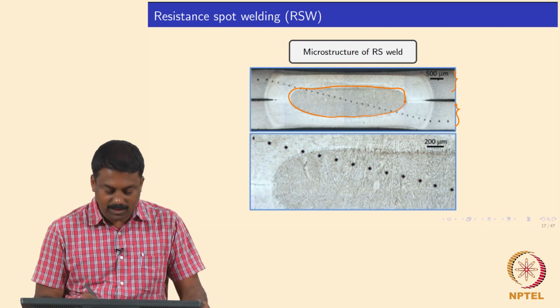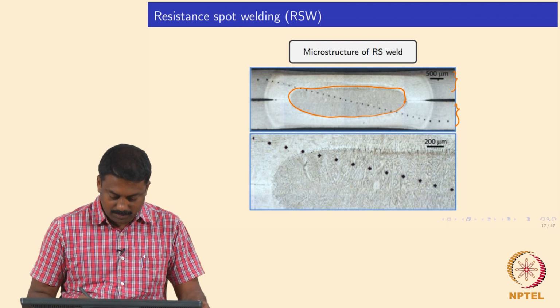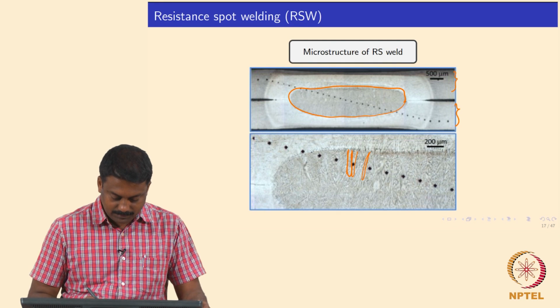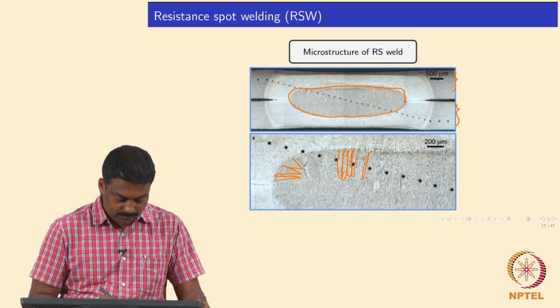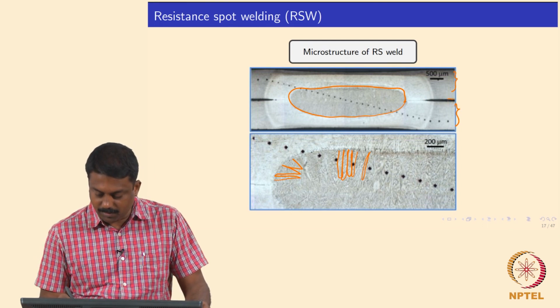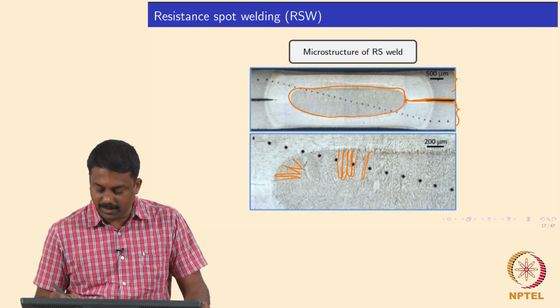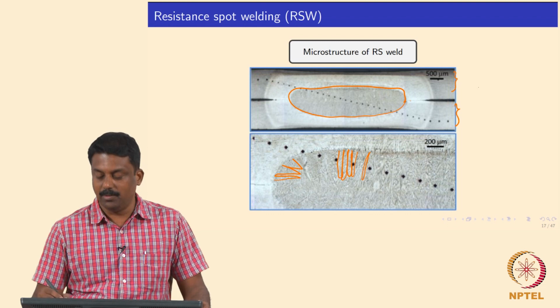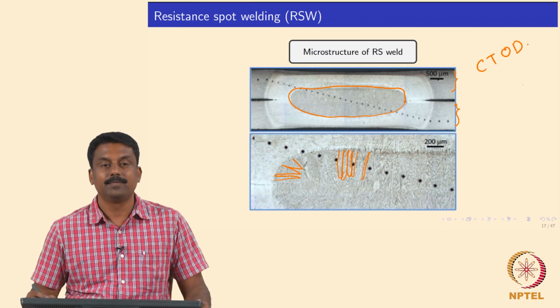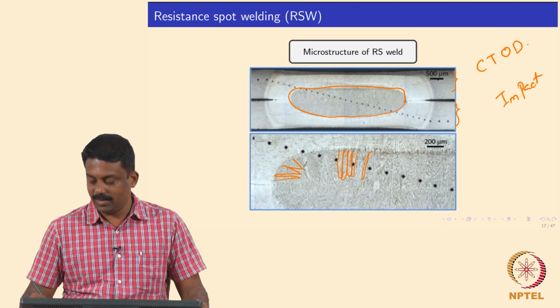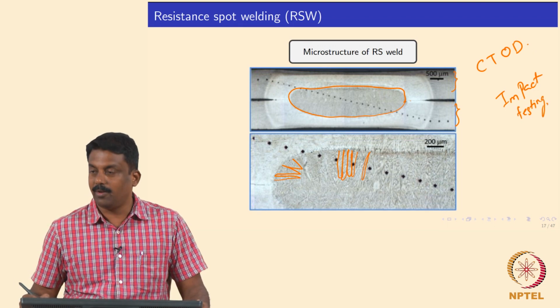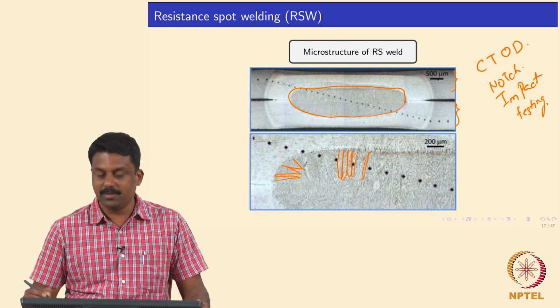This is completely molten, and if you look at the actual microstructure, you have a columnar growth, isn't it? You see that it's not very clear, but you can see that the growth has happened. And if you look here, that's what I talked about. This is like a simple CTOD sample, isn't it? What is CTOD? Impact testing. What do you call? How do you make an impact testing sample? Notch. How does it look? Notch impact sample.